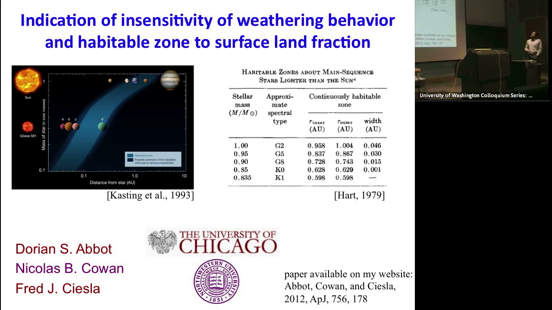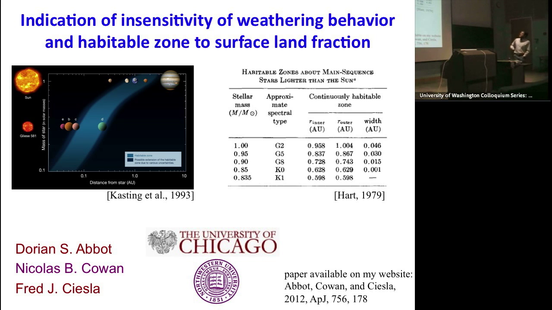And what I'm interested in, and what I'm going to talk about today, is what if you start changing the land fraction of the planet? What can we say, just in general terms, about what that's going to do to the habitable zone? There are a lot of uncertainties and a lot of unconstrained aspects to this problem. So I'm going to try to state the assumptions that I'm making and see where they lead. It may turn out that some of those assumptions aren't correct, and so the things based on those assumptions won't be correct. But I think the appropriate way to proceed when you have an unconstrained problem, the least you can do is say what you're assuming and see where that takes you.